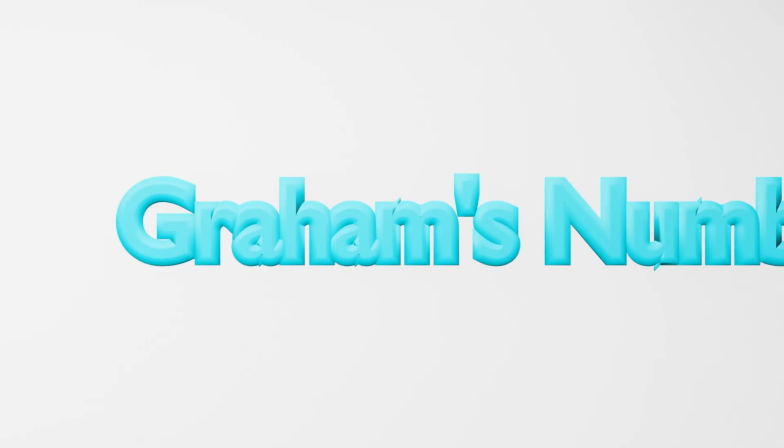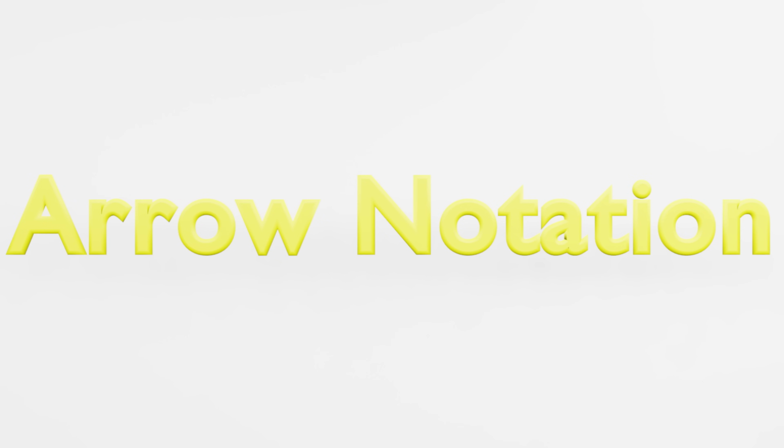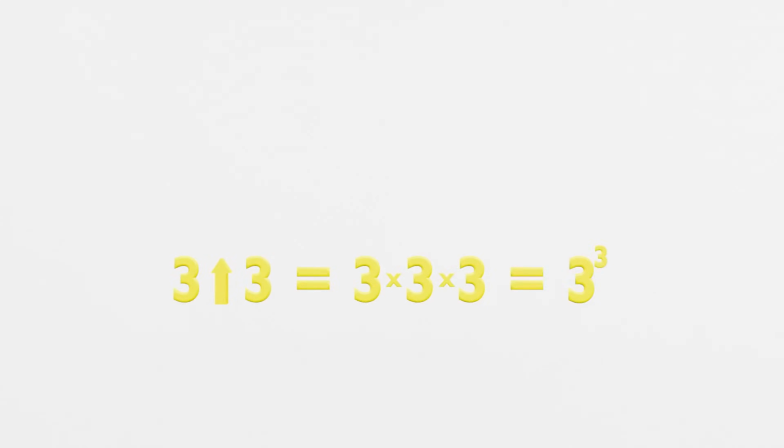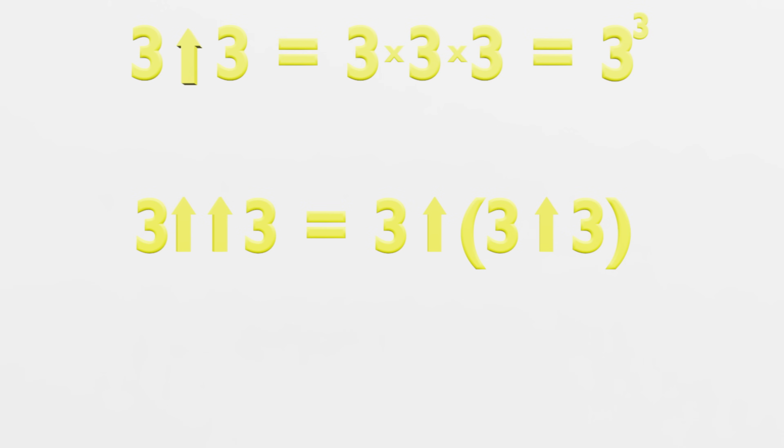Well, it turns out the answer to this question is between 13 and Graham's number. But how big is Graham's number? In order to get somewhat of an idea of how big this number is, we must use a notation known as arrow notation. In arrow notation, 3 up arrow 3 means 3 times 3 times 3, or 3 to the power of 3. 3 double up arrow 3 can be rewritten as 3 threes with 1 up arrow between each